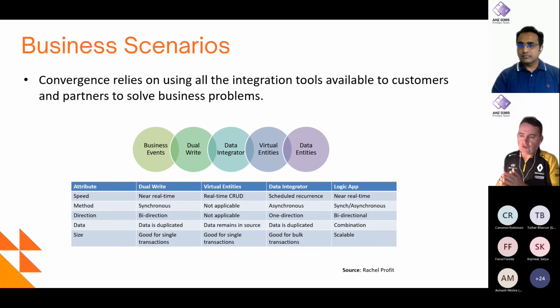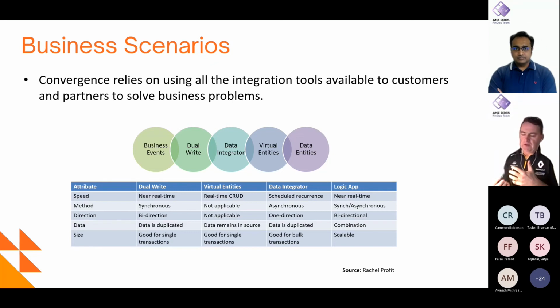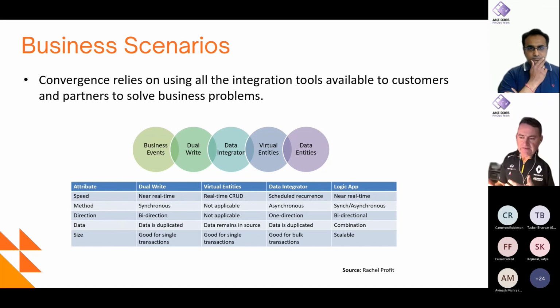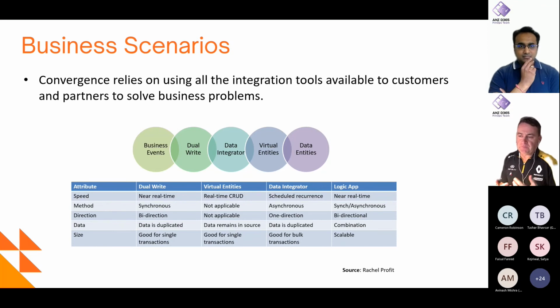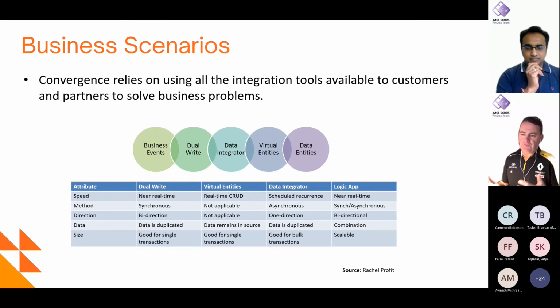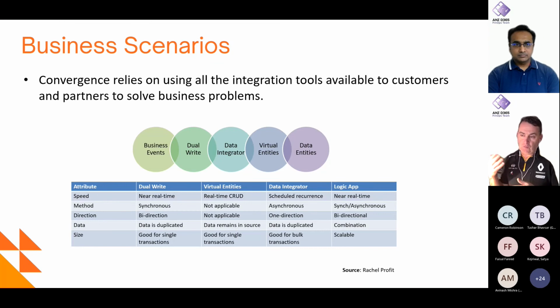So, trying to use dual write for real-time transactional data is not a good idea. It's near real-time, but it's not built for high-volume transactional data, where virtual entities is possibly better for that, or